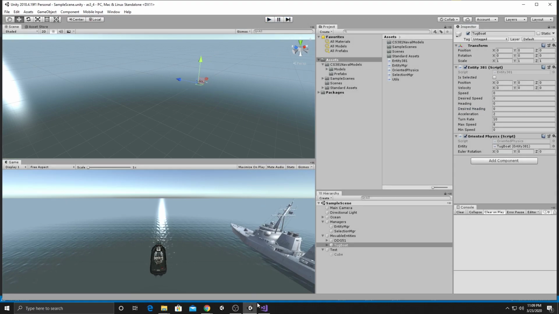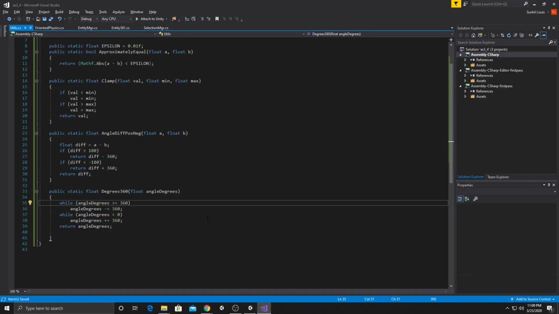Okay, so now that I've tested it, I have to map the arrow keys to all this stuff. Arrow keys, and I have tab selection. I have to create some